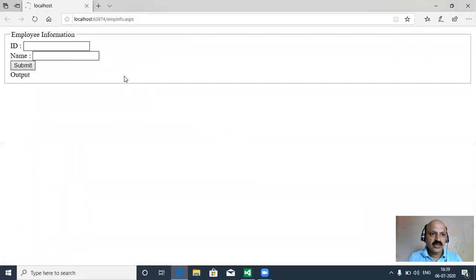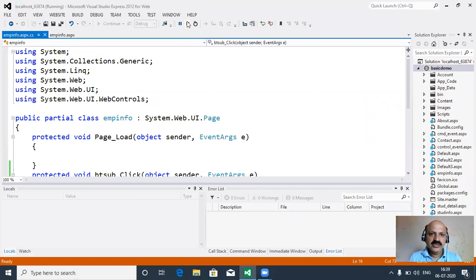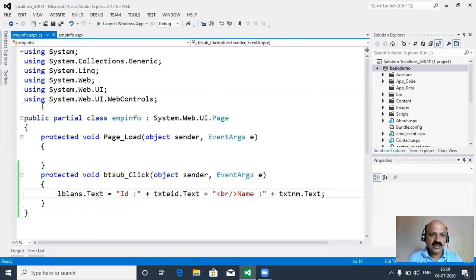F5 is a shortcut key to run the web form file. Provide the ID and the name and press the submit button. Our output is there. So this is a simple logic, but we have to understand what is the code behind